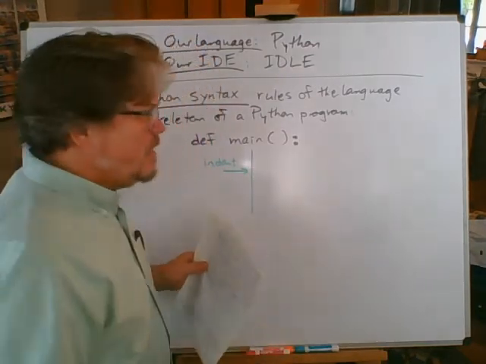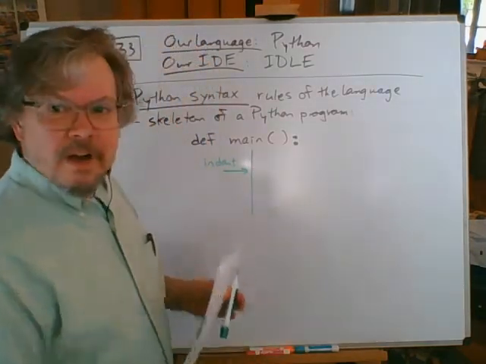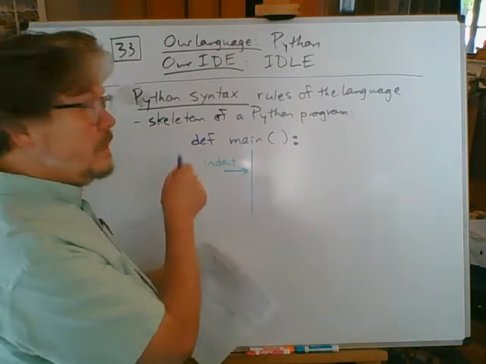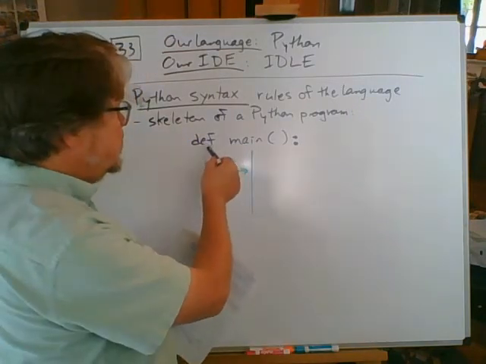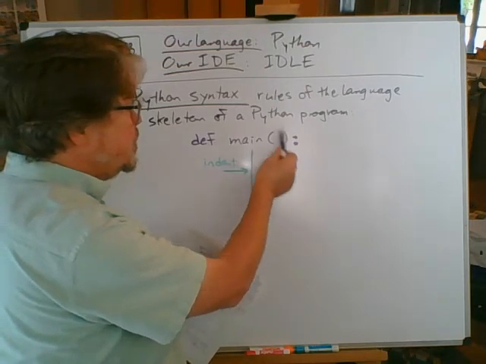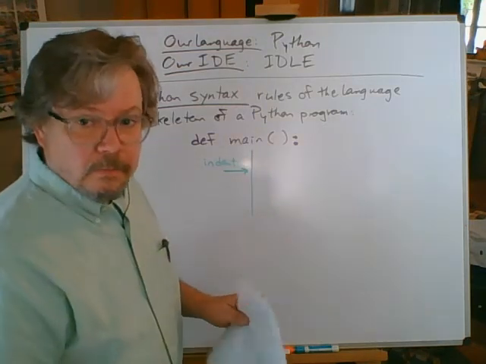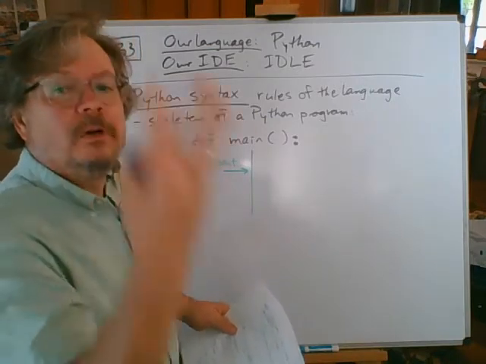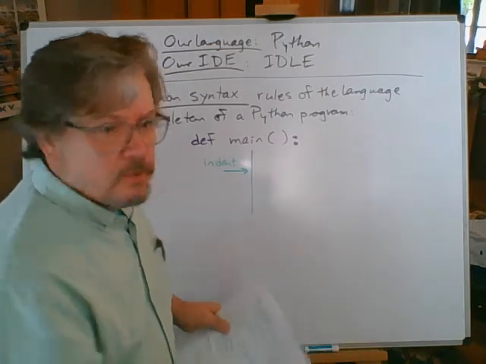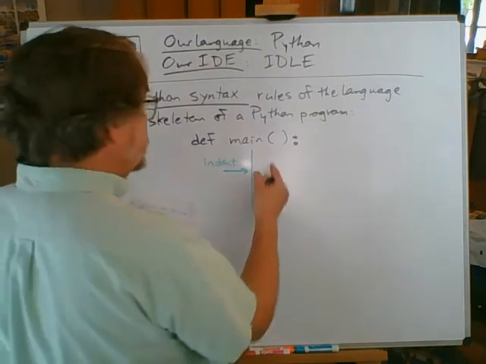You know, there's already so much to remember. If you're in the IDLE IDE using the editor, then when you type in def space main, empty parentheses, colon, press enter, it's going to automatically indent for you. That's what editors are going to try to do. They're going to try to help you help yourself as you type in your Python program. What do I type in?